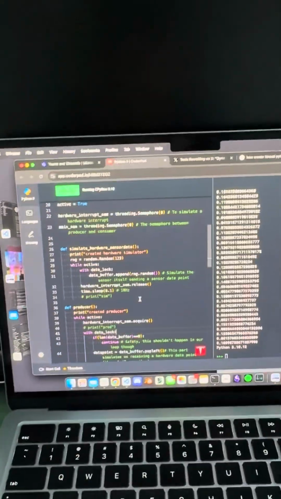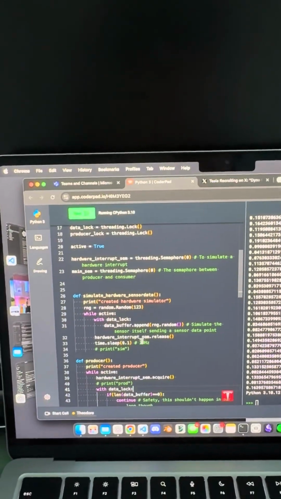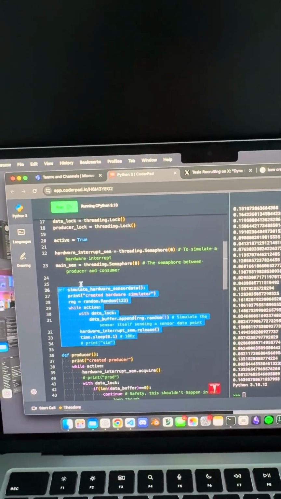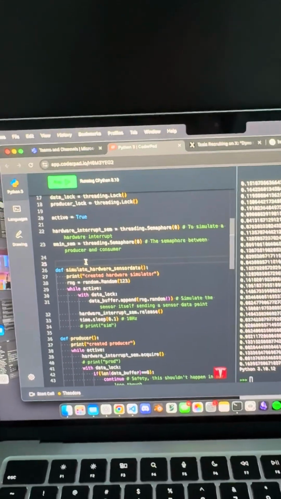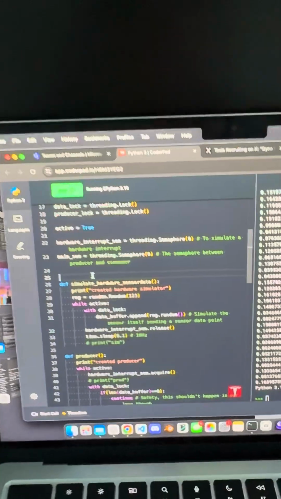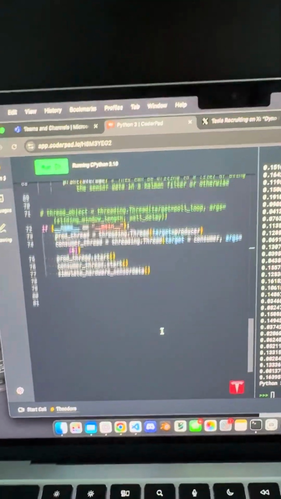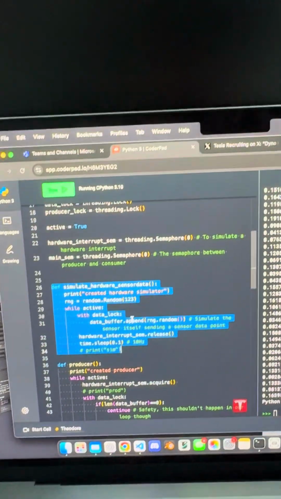So this is just a quick explanation of how this whole thing works. We first have to simulate a hardware sensor that's sending data to our producers. So we have a hardware thread which will basically run in the main thread, and all it does is generate